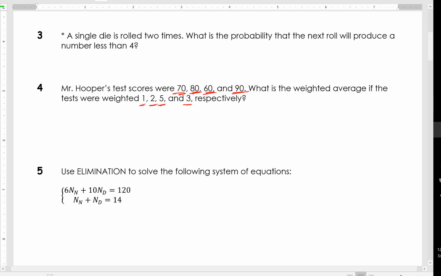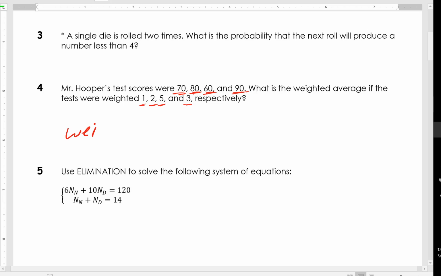That grade counts that many times. All right? So if you were to add all those up, you would divide by the total number of tests as if they happened that many times. But to do it without writing everything out so many times, to do the weighted average, we can just write,